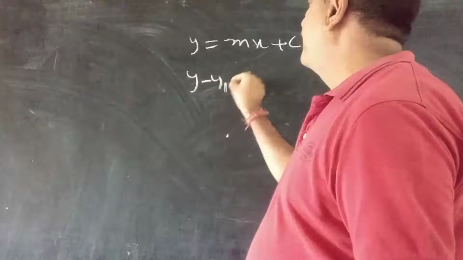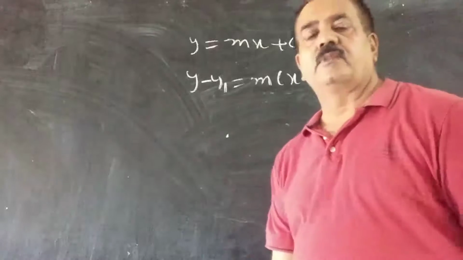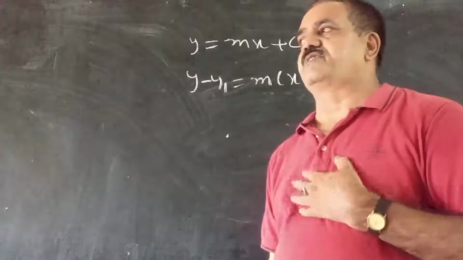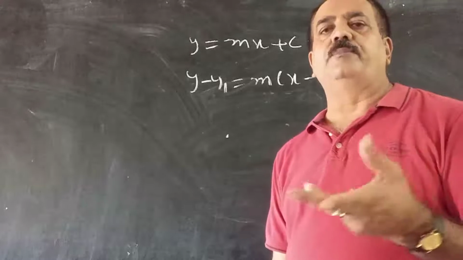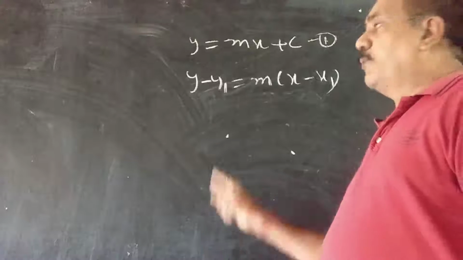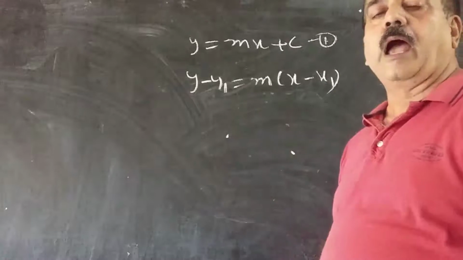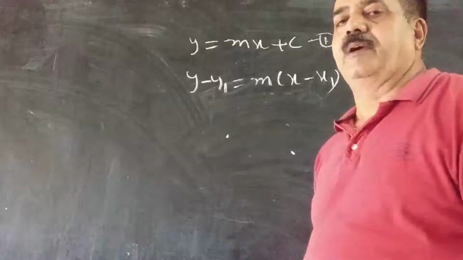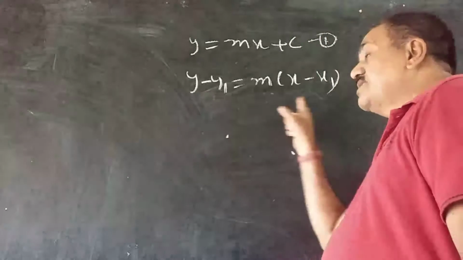Now, second form, y minus y1 is equal to m into x minus x1. When you write any equation of a straight line, there will be two variables, x and y, or a, b, any terms. So x and y will be there. Then what is y1 and what is x1 and what is m? M is the slope and x1, y1 is a point. When slope and one point are given, then to find the equation of a straight line, we use this second form.